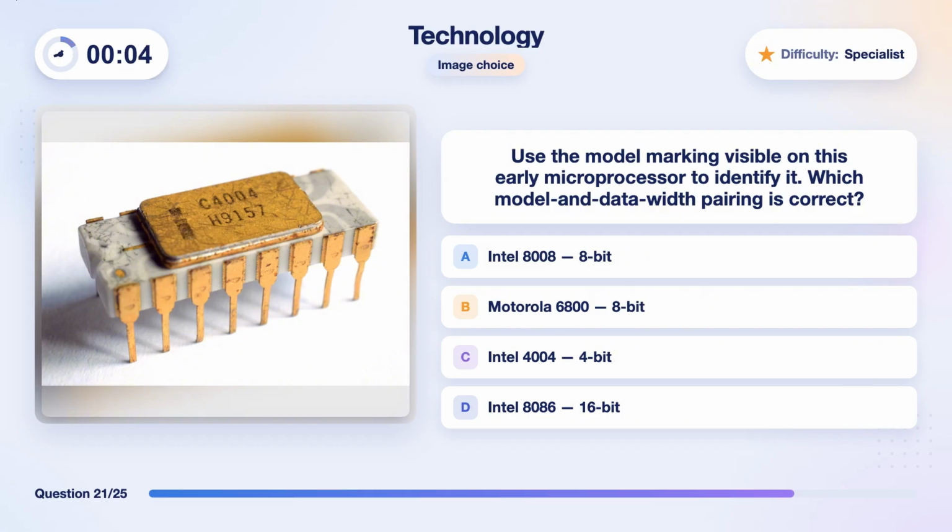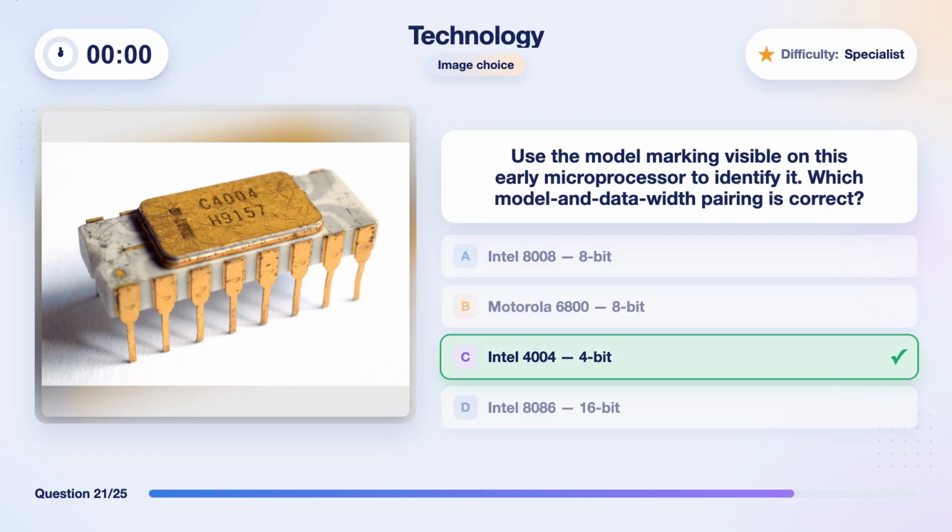Drum roll. The right one. Precisely. Intel 4004, 4-bit. The C4004 marking visible on the package identifies Intel's 4004 family. The Intel 4004 processed 4 bits at a time, contained about 2,300 transistors, and became the first commercially available single-chip